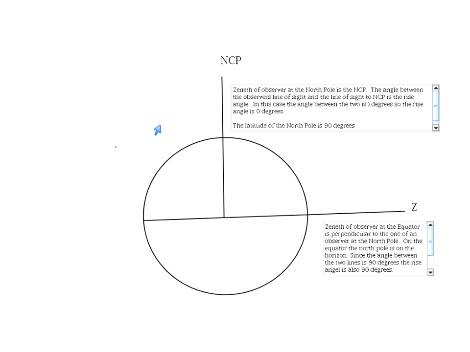The angle between, at the equator, the angle that my line of sight makes to the zenith and the angle that the line of sight of somebody at the North Pole would have to the North Celestial Pole, they lie in the same line, so the angle between those two lines is 0, so the rise angle is 0. But down here on the equator, the zenith of the observer at the equator is perpendicular to the one of an observer at the North Pole. That is the line of sight to the zenith. On the equator, the North Pole is